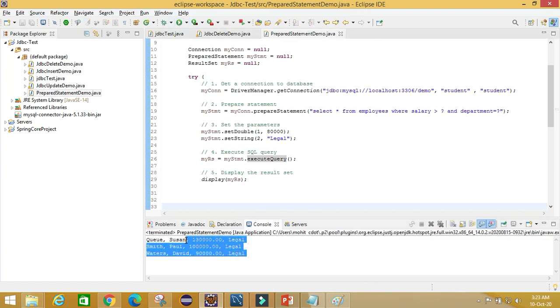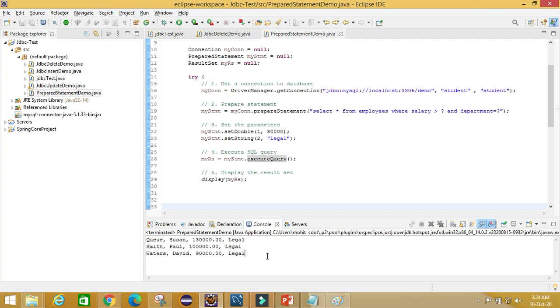We have only set the values: salary is 80,000 and the department is legal. So it is select star from employees having salary greater than 80,000 and the department is legal. We just get these three persons from employees.